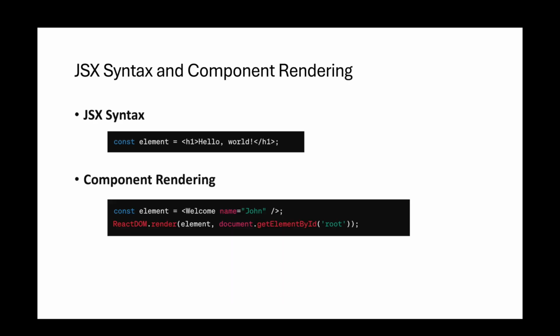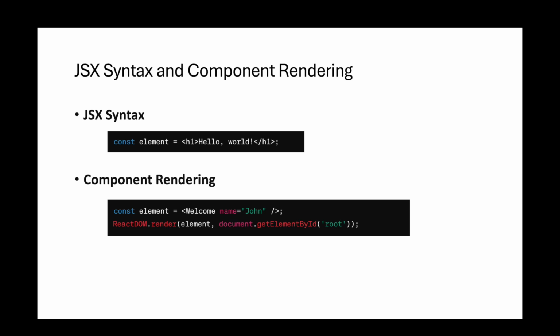JSX syntax and component rendering. JSX syntax. JSX, JavaScript XML, is a syntax extension for JavaScript that allows developers to write HTML-like code within JavaScript. JSX is not a separate templating language but a syntax sugar that makes it easier to write and visualize UI components in React. Example: const element = <h1>Hello, world!</h1>;